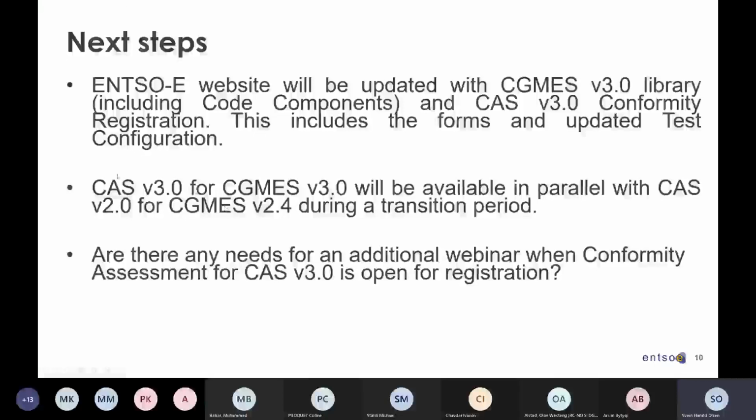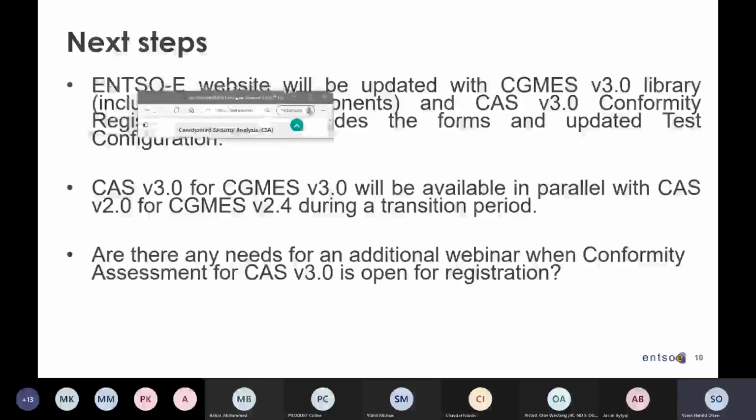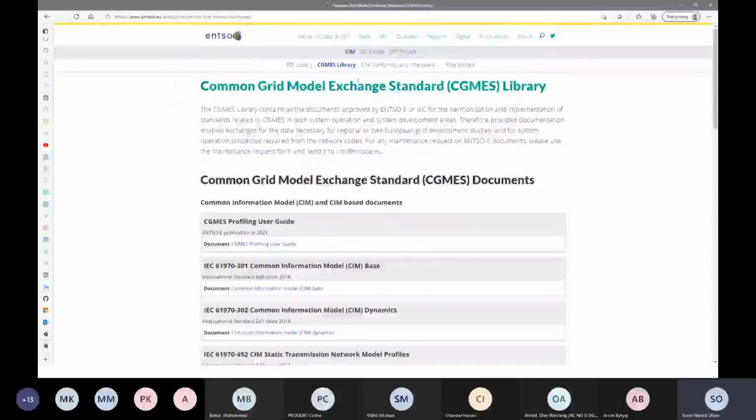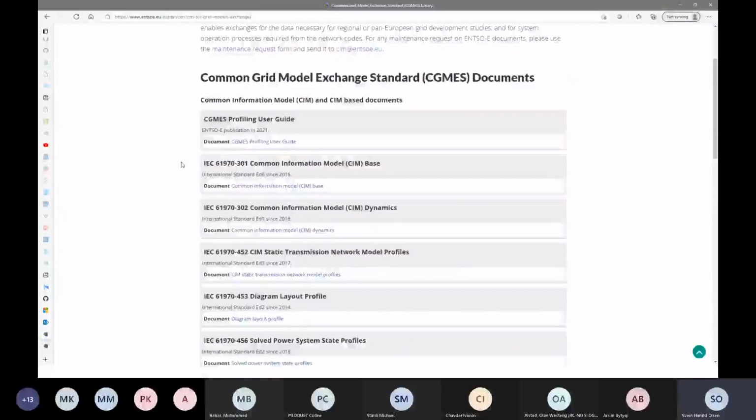I would also emphasize that there have been some updates on the site. If you go on the library site, the CGMS library, you will find an updated document talking about the CGMS profiling user guide.